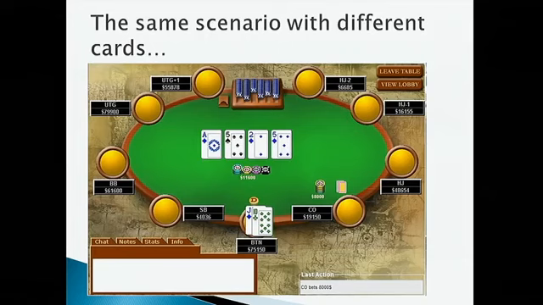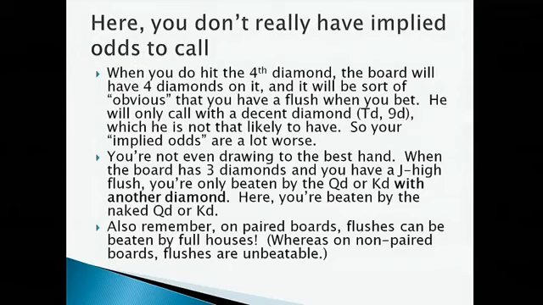Okay, so here's a similar scenario. So pretend the same thing happened, but this was the situation instead. In this case, I think we should definitely fold. So what changed was, instead of having 2 diamonds on the board and 2 diamonds in our hand, now there's 3 diamonds on the board and 1 diamond in our hand. So it's worse for many, many reasons. So one is